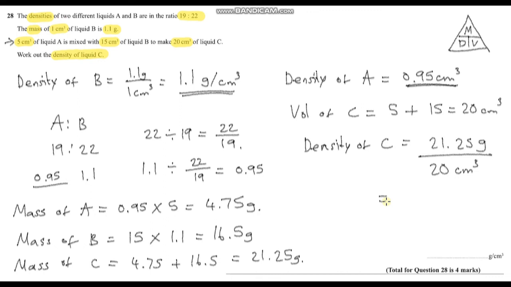So we're going to divide that by 20, and we get 1.0625. And let's just check our units. I can see that the answer gives the units as grams per centimetre cubed. And notice we've got grams divided by centimetres cubed, so that is grams per centimetre cubed. So that is our answer,